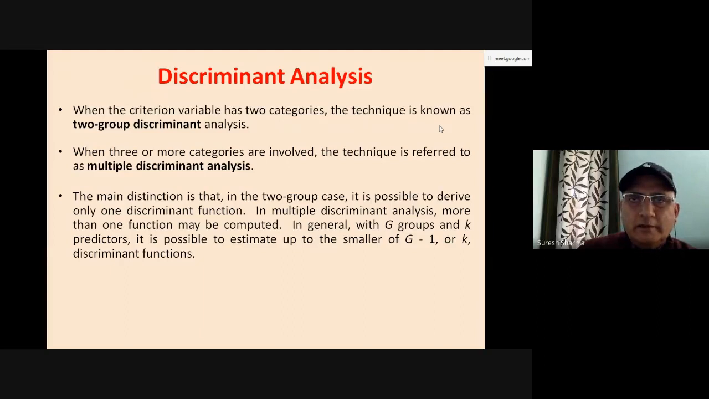For example, it could be lower class, middle class, upper class. So these are three, these are not two, right? Then in that case, if your dependent variable is having three categories, then this will be called multiple discriminant analysis. If it is just present or absent, or male or female, then it is called two-group discriminant analysis, right? Okay. Now, the main distinction in two-group is, if the dependent variable is having only two categories,